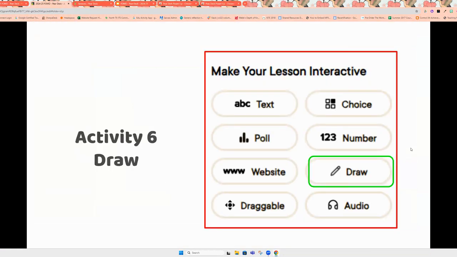Now this next one is the draw. Draw gives students the ability to write on the slide. Now, with student Chromebooks, their Chromebook screens are touch screens, which means if you give them something on a screen and you say, circle the one of this, draw an arrow for that, draw a line connecting, matching, whatever it is you're going to do, they can use their finger, they can use a stylus,